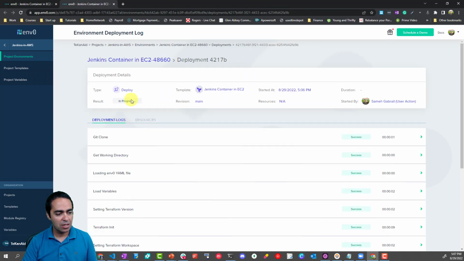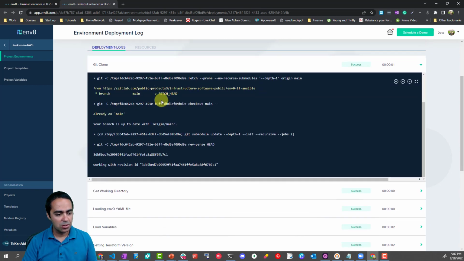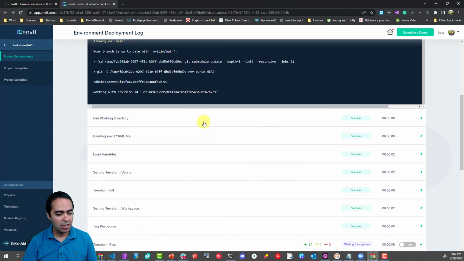And as we can see, this deploy is in progress. Jenkins container EC2, that's the template we're running. There are a few things going on in this deployment log. You can see the git clone, so it's cloning from the GitLab repository, getting a working directory,